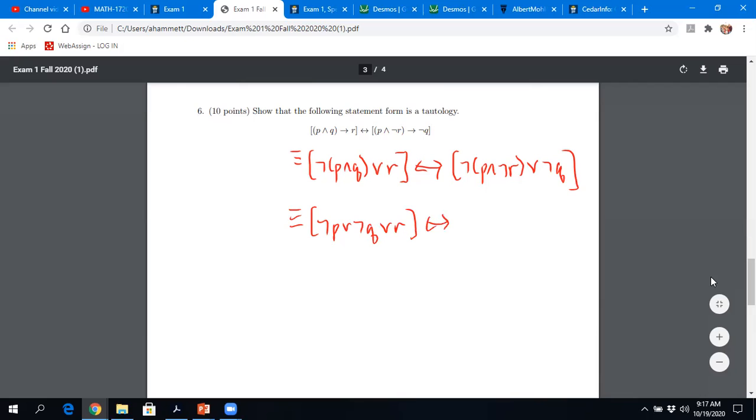If and only if, okay. So what about this other thing? If I use De Morgan on that first thing, not P and not R, what am I going to get? Not P or not R, which is just R, or not Q. And do you guys see that those are literally the same thing at this point? Yes? They're literally the same thing on both sides. So clearly, those guys are going to be equivalent to each other. Whatever the truth value of the one is, it will be the same for the other one. And therefore this ends up being a tautology.